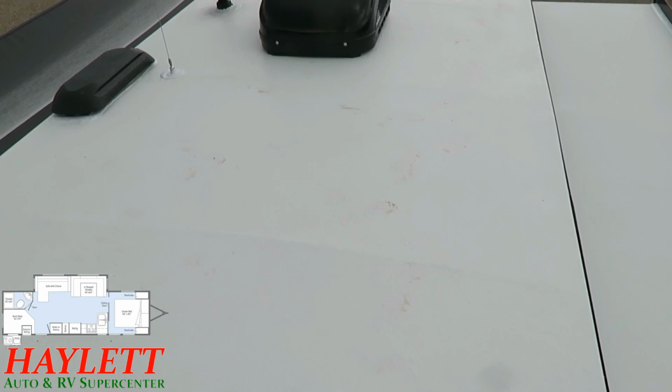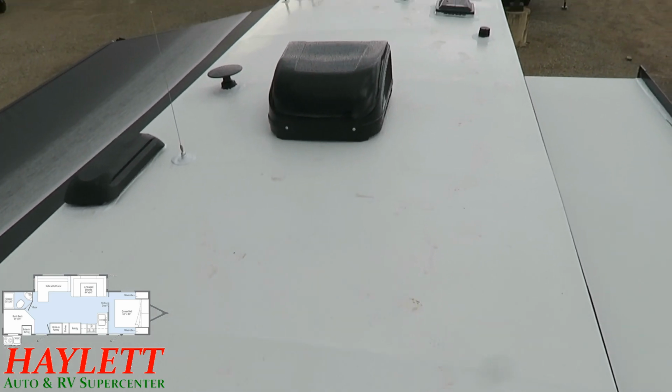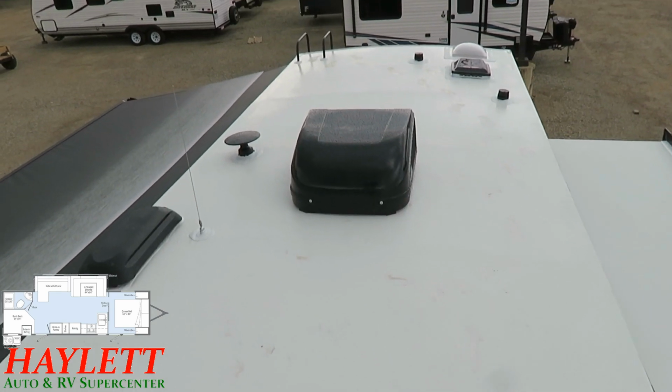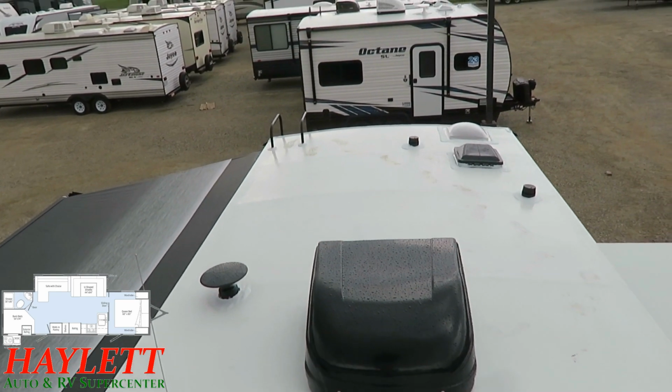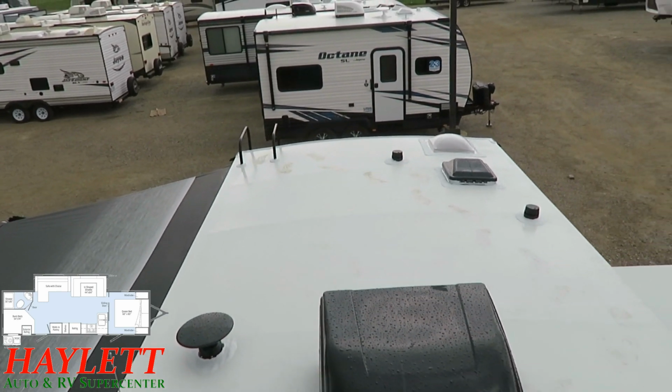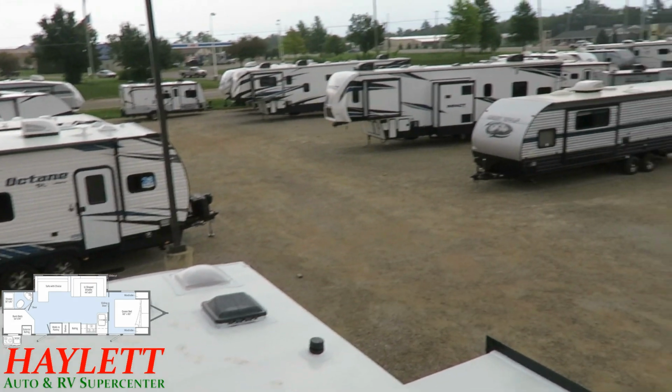And pardon my little footprints as I'm walking around, and it is wet up here. It's actually starting to rain on me again, and I've got a digital camera in my hand, so I'm probably going to have to wrap this up a little quicker than I had planned on. But the fact is, we get up here, we check stuff out, but you won't see our footprints when you leave with this new RV, because one of the things we do on each and every single new RV here